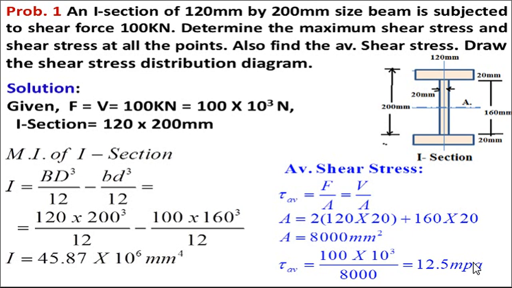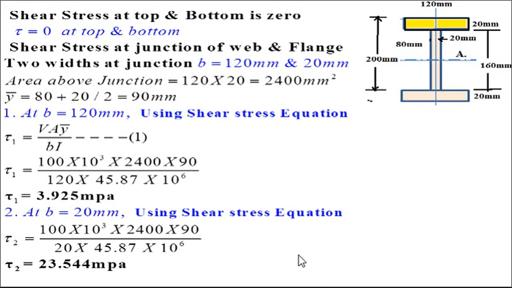Instead of having a parabolic distribution, if you want to calculate the average stress present in the cross section, in the simple way we find force upon area and get the average shear stress, that is 12.5 MPa. And to find the actual stress, you have to use this particular shear equation at all the locations. Now we'll see how to calculate shear stresses at different